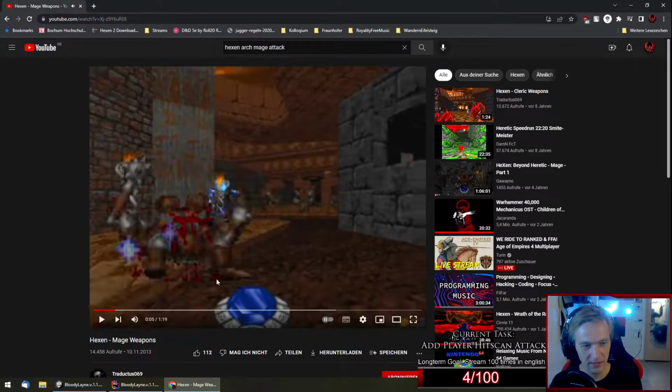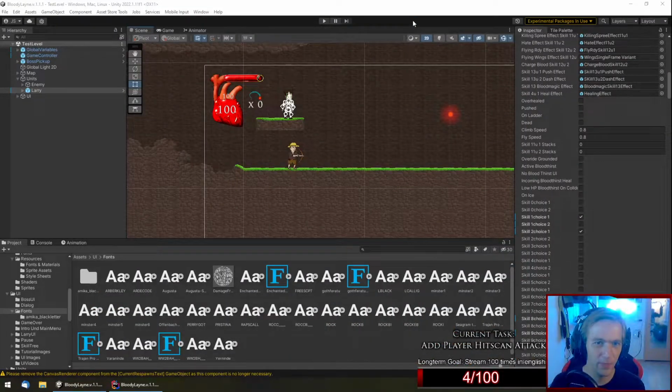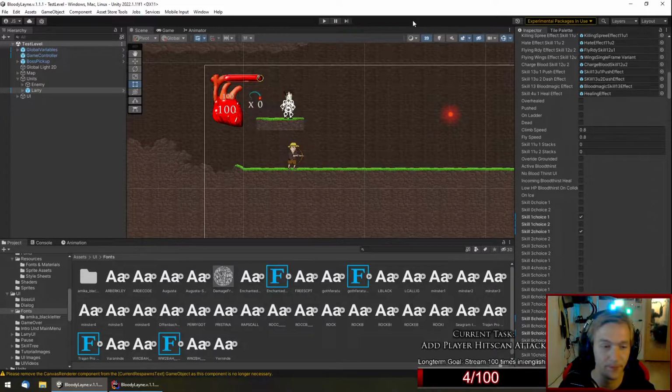Okay, this is the attack that we want to emulate in our game. So just a very basic attack. You see he needs five attacks for this basic enemy. This is really a very basic enemy in Hexen, and it does not cost a lot, and you have to spam this attack. So now I thought, how do I implement this? Because there's one big challenge in the game. Every time you attack, it will cost you 5